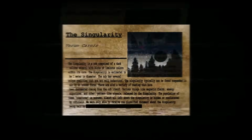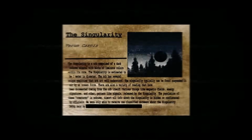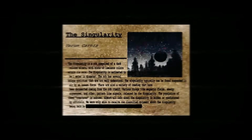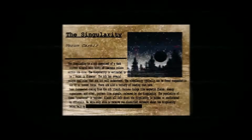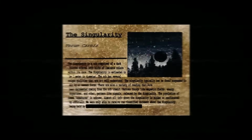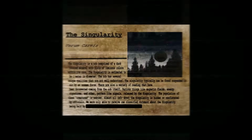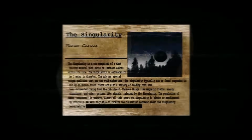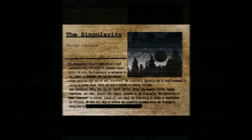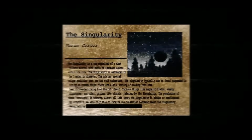There are also a variety of readings that have been documented coming from the orb itself. Various things like magnetic fields, energy signatures, and other pattern-like signals released by the singularity. The population of these creatures is unknown. Almost all info about the singularity is hidden or confiscated by officials. We were only able to receive one classified document about the singularity being held by